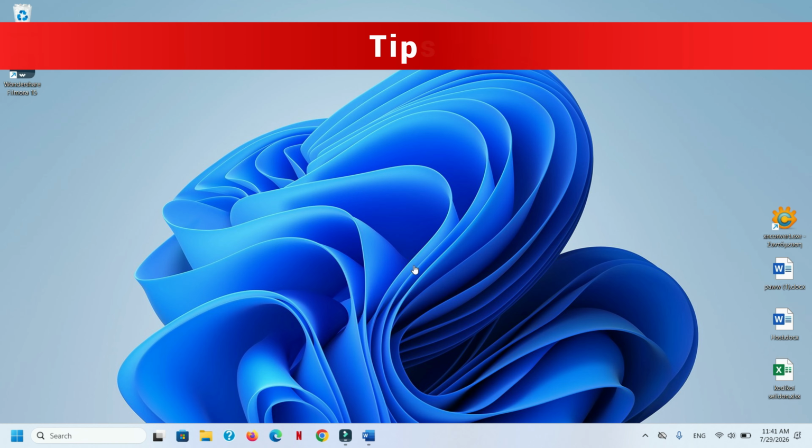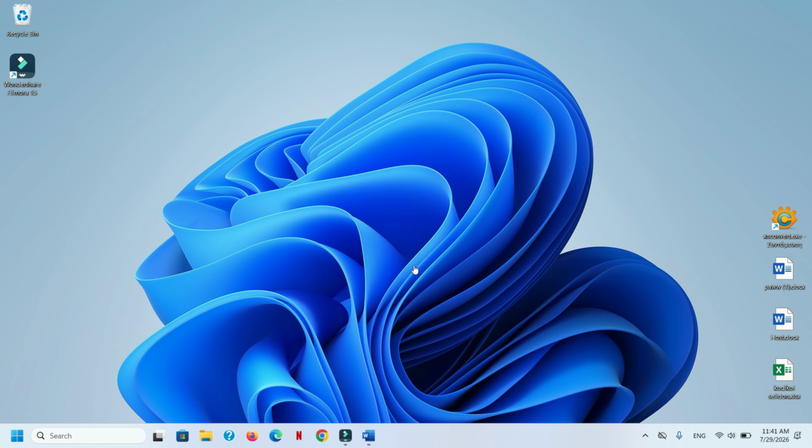Here are a few helpful tips. If multiple people use the same computer, giving everyone their own account helps keep files, settings, and applications organized. Each user gets their own desktop, documents, browser history, and personalized settings. Using separate accounts also improves privacy since each person signs in with their own password. For children, you may want to create a child account using Microsoft's family safety features, which include screen time limits, content filtering, and activity reports.